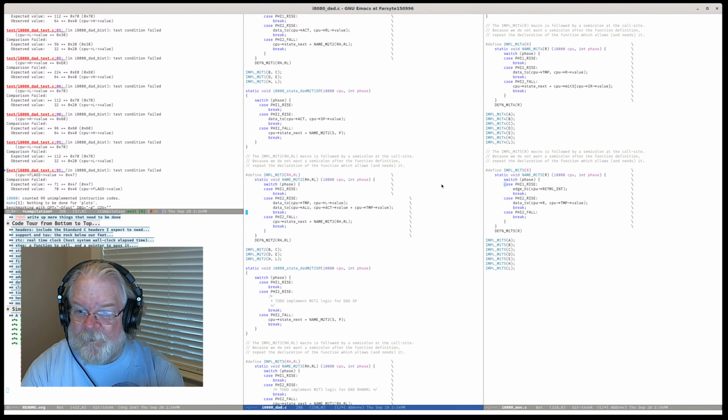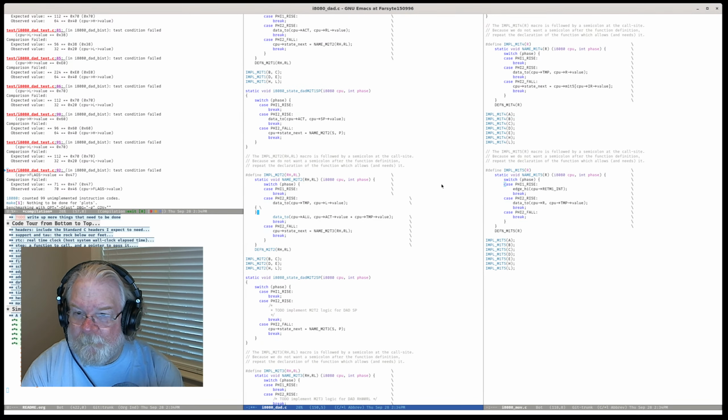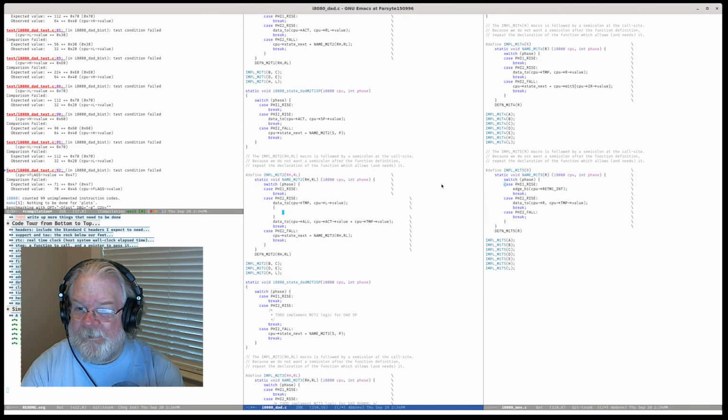And I need to do something with carry. I really do. If I open up braces here, is the indenter going to be nice to me? Signed ALU is equal to that.